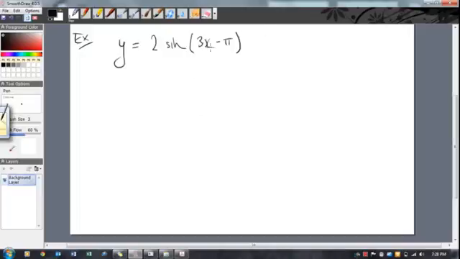Yeah, that'll do. Okay, 3x minus pi. Let's sketch this one here. So what is this? Now, the 2, that gives an amplitude of 2. That's nice and easy. That just stretches it upwards. That's no problems. The hard thing about sketching trigs is when you've got transformations in the x direction, and that's